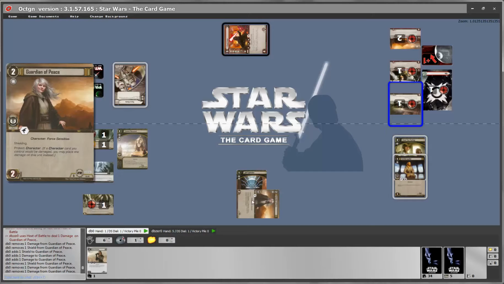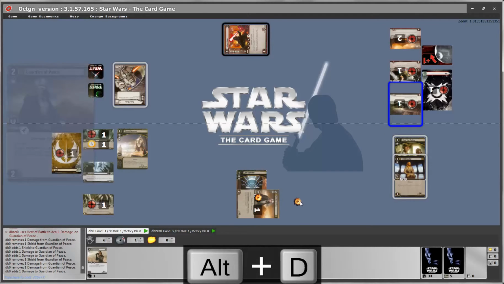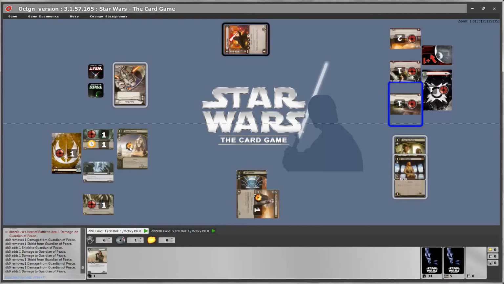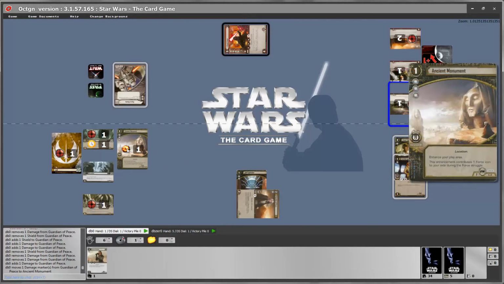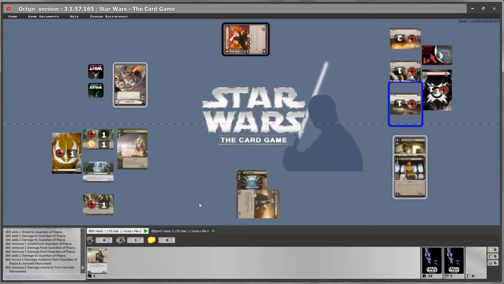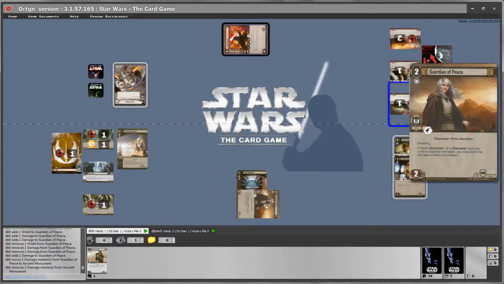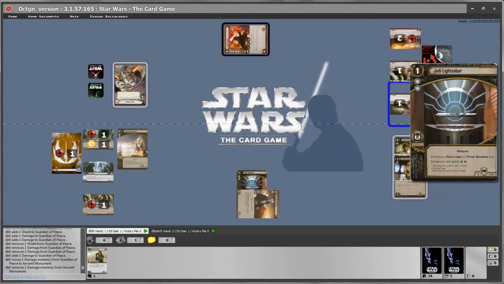One other way you can remove tokens is simply dragging them out of your card to the table. If you drag a token to another card, it will place it on the other card. If you drag a token to the table, it will remove it from your card. But the recommended way is to use Alt, Shift and D or S, because it will automatically trigger any scripts which trigger about removing damage or seal tokens.